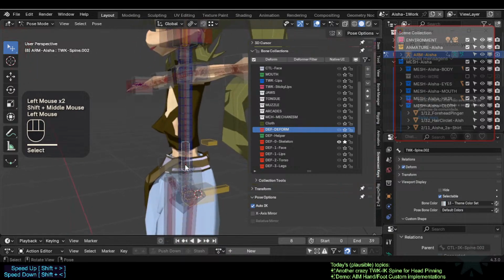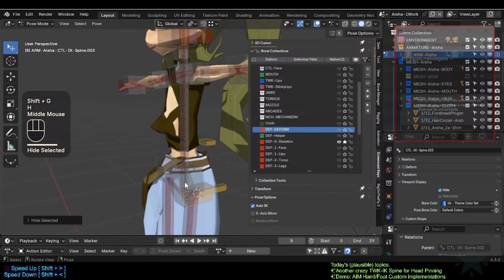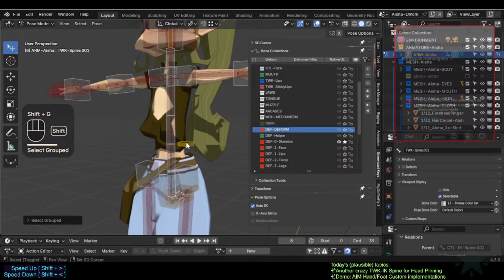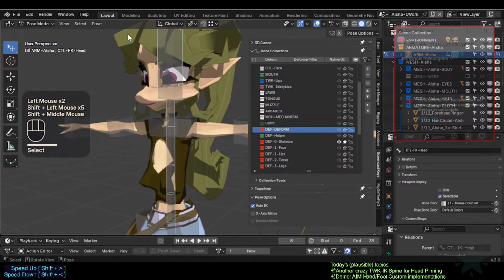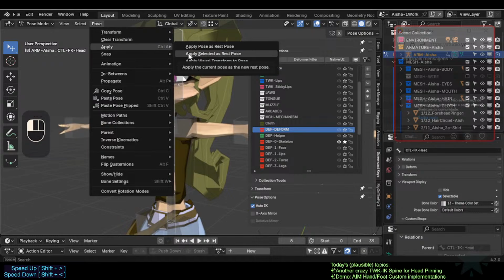It's just a junk file, experimental. So we're gonna hide this one, then select this, and we're going to pose, apply selected as rest pose,